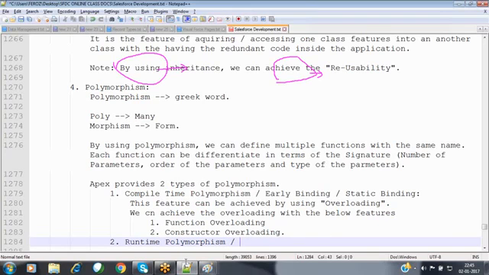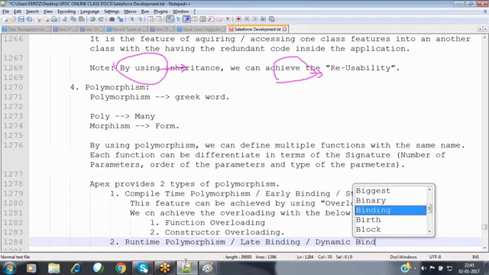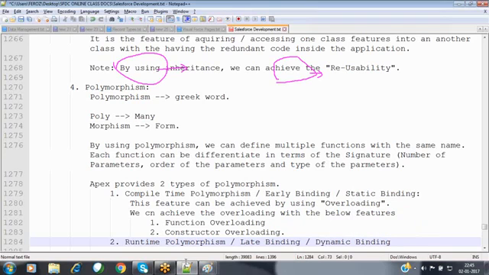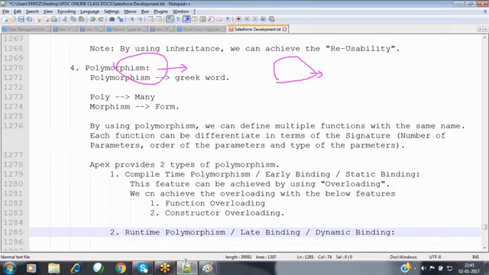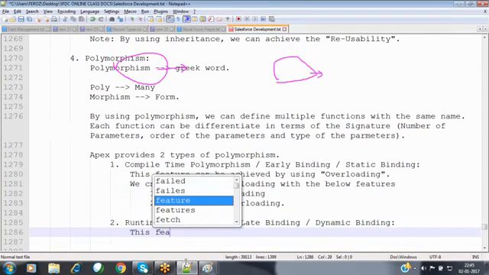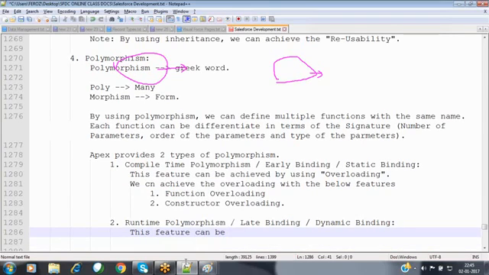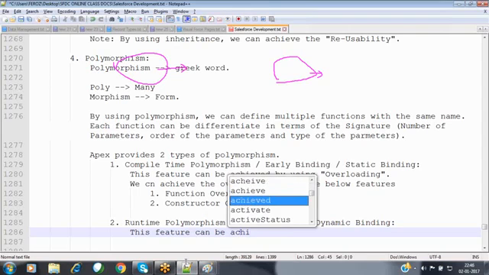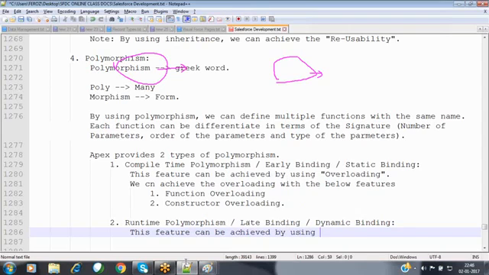This is also called late binding, or dynamic binding. This feature can be achieved by using overriding.